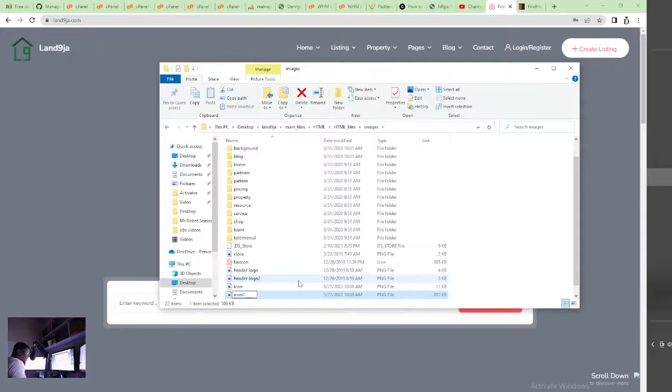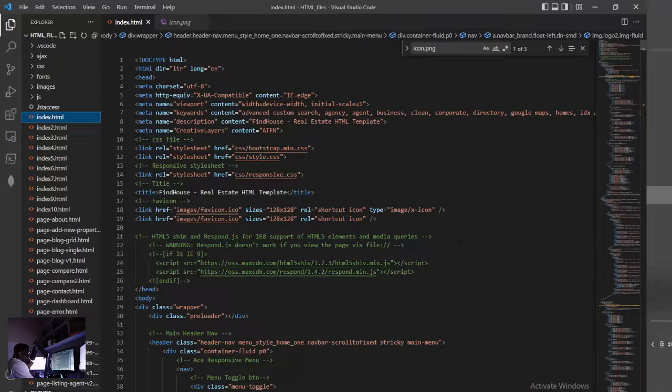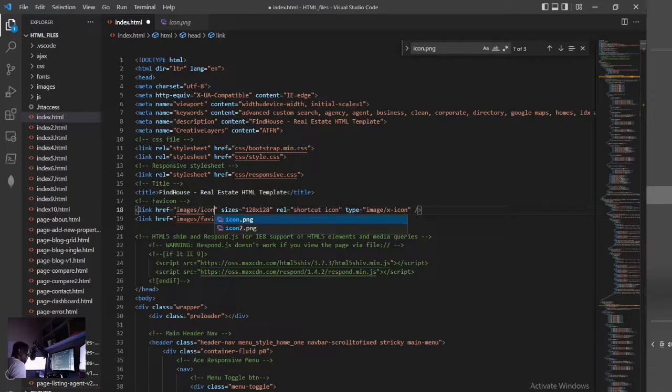icon 2. And why I'm changing this to icon 2 is I want to replace this find house logo here. I want to change it to our own. They're usually called favicon, so I'm going to be changing this favicon to icon 2. But the thing is they usually have a... what is it called again? A dimension. It's usually 128 by 128 and